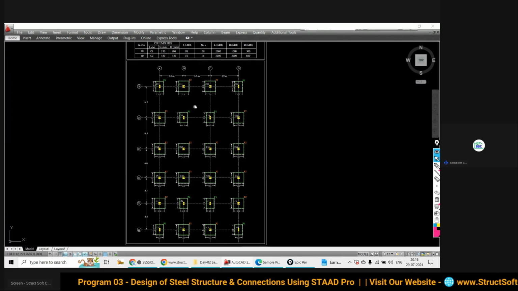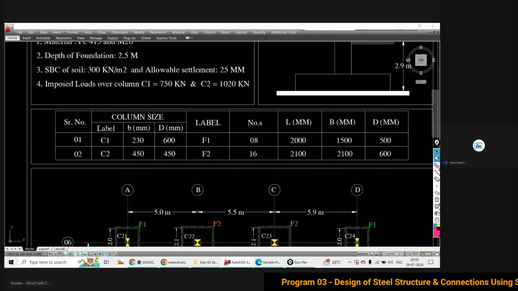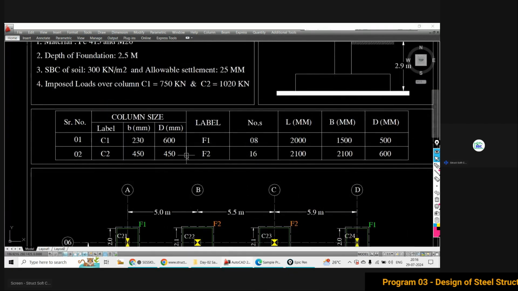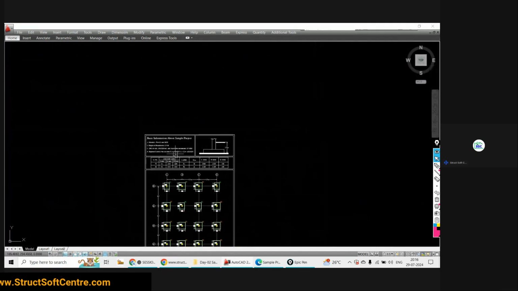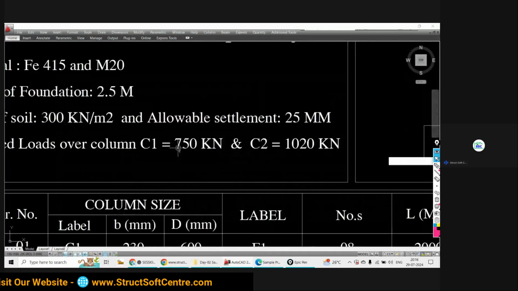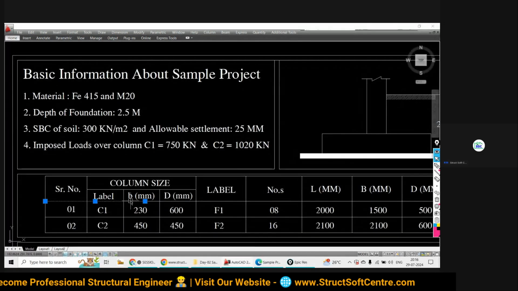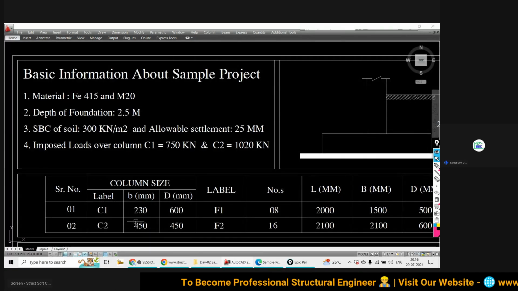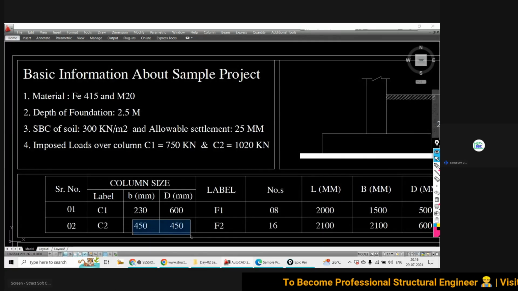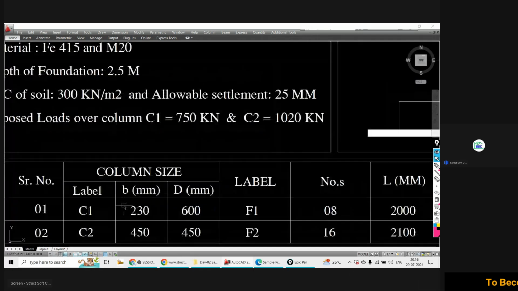After having this model, we need to assign the load to each of these columns. What is the column load? There are two types of column, column 1 and column 2. Column 1 size is 230 by 600, and column 2 size is 450 by 450, meaning the square column, and C1 is your rectangular column.